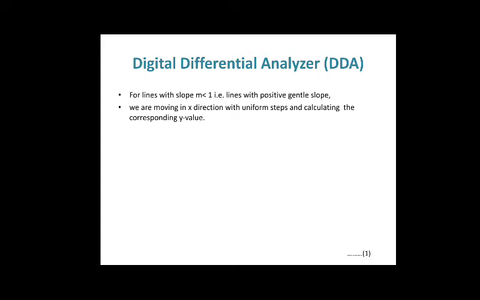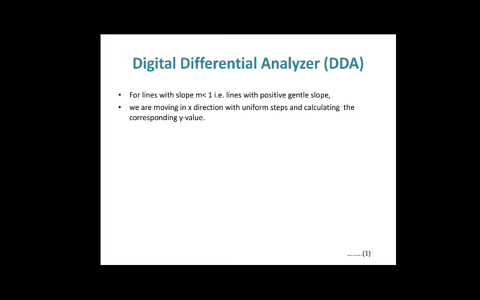Then we have seen that whenever the slope lies between -1 and 1, the line has a gentle slope, as we saw in the last lecture, right? Whenever the slope of a particular line is greater than 1, then that line has a sharp or steep slope. When the slope is less than 1, the line has a gentle slope. Less than 1, that is a positive slope.